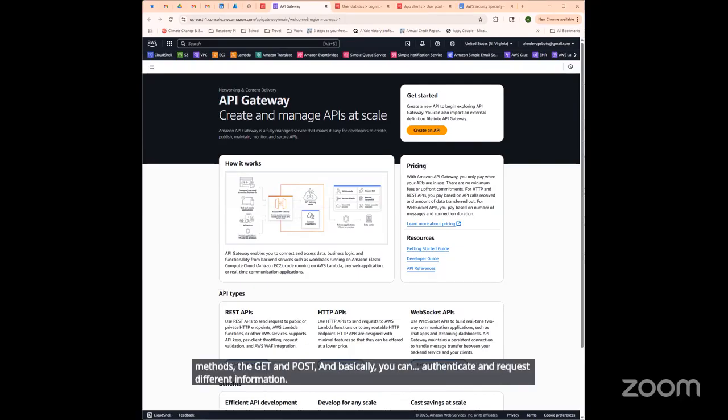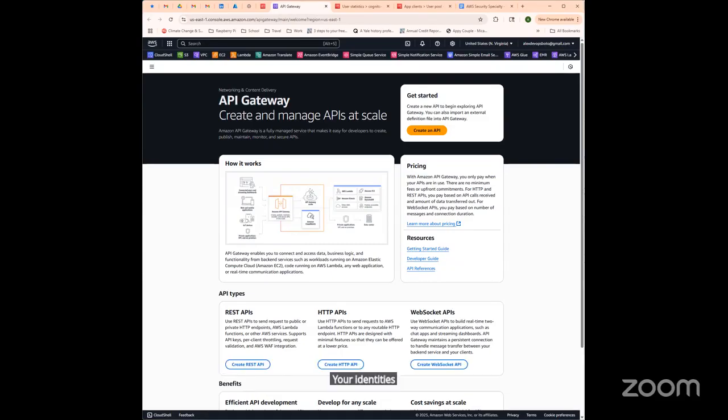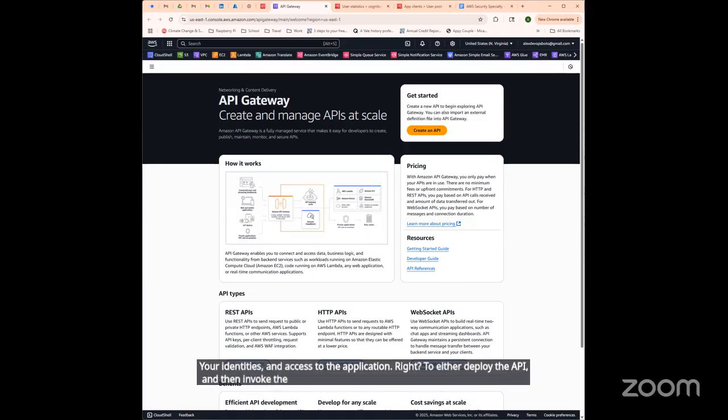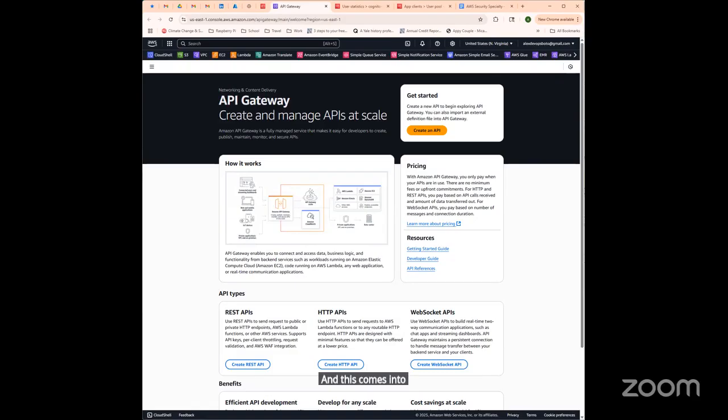And so you'd select your Cognito authorizer, and then you'd add scopes so that it could use this to authorize your identities and access to the application, right? To either deploy the API and then invoke the information for the URL. And this comes into a lot of different